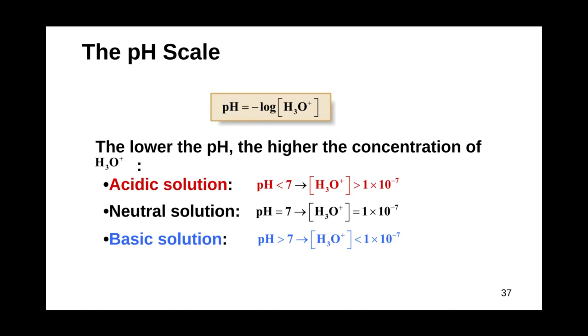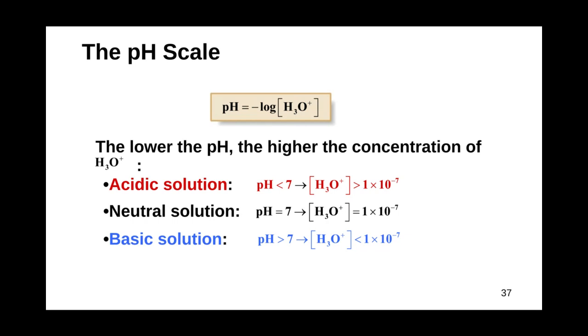Which is nice. Now, we have the concentration of hydronium. This brings us to the pH scale, one of the coolest scales out there. The lower the pH, the higher the concentration of hydronium. Why is that? Remember, hydronium is the conjugate base. So to get a high concentration of the conjugate base, we have to have an acid that dissociates very strongly in water, thus lowering the pH of the solution and driving the concentration of this higher and higher.